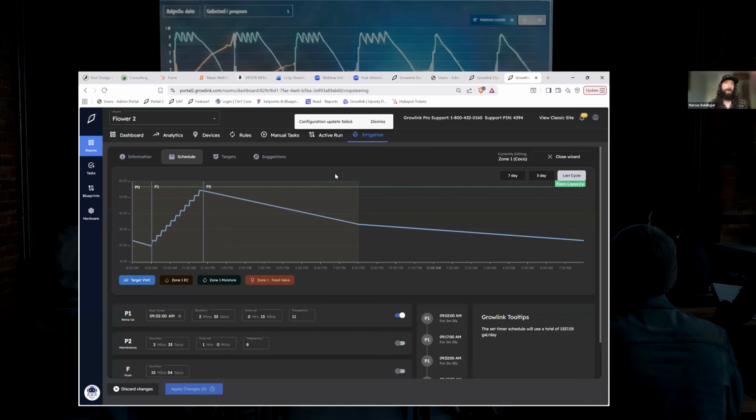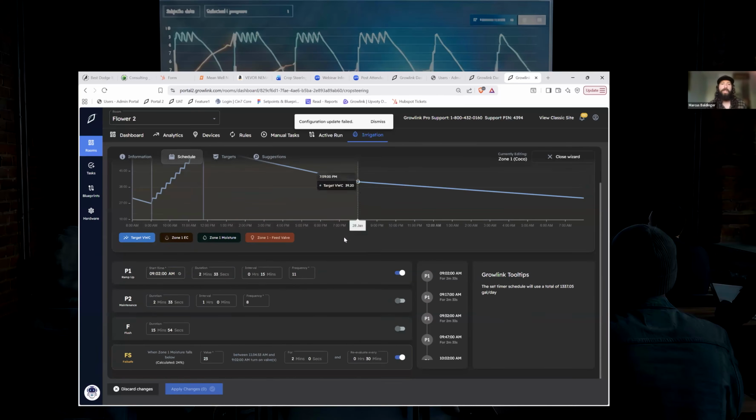So this problem is usually way more pronounced when you're in a larger pot and still running low flow emitters like that, because obviously it's a lot more volume to have to wick through. And so by the time that you, like you just said, by the time that you get that full registration, you've already way over irrigated and then it's going to spike afterwards. So that's why with our failsafe in the program here,